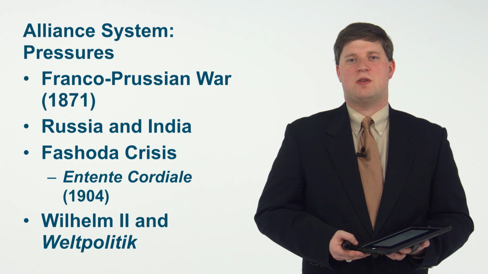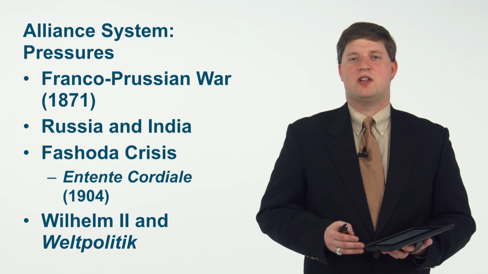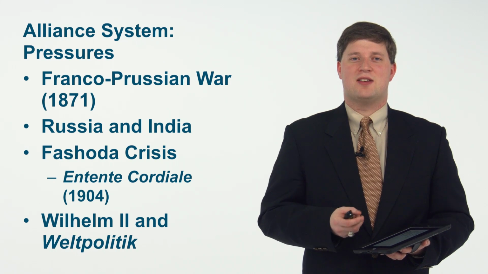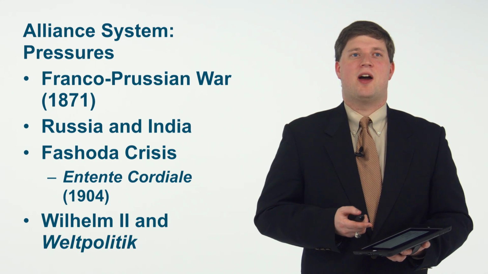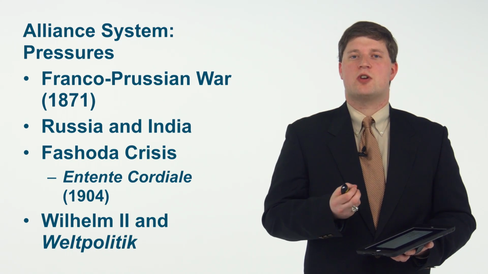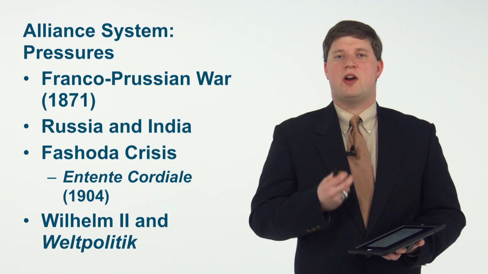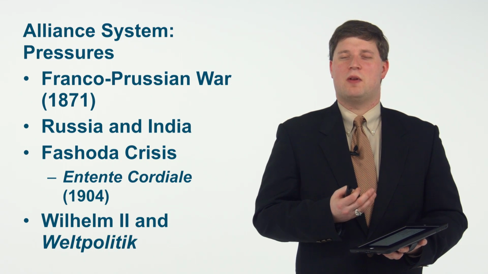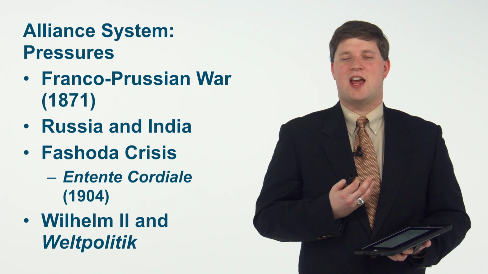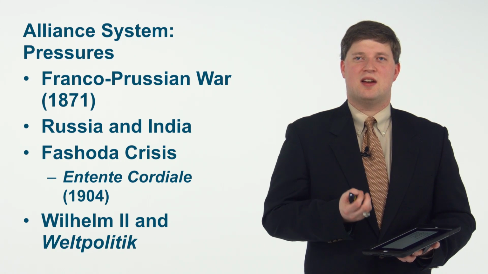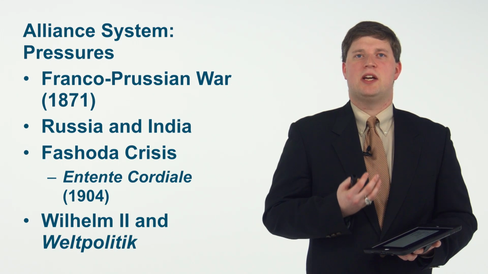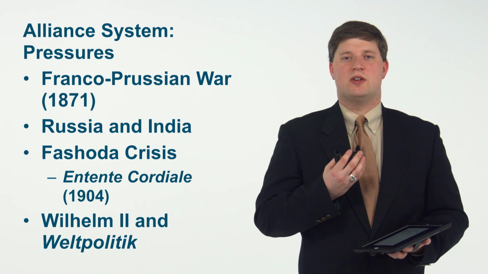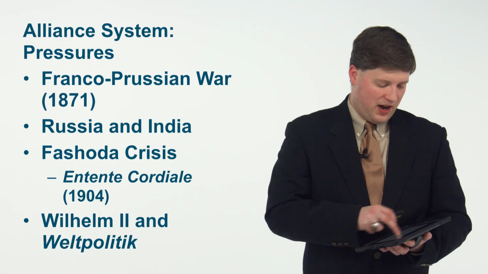Wilhelm II engaged in a series of colonial power grabs, trying to acquire territory where he could. Germany was a latecomer to the imperial conquest, and so they had to sort of look for what was left by other powers. And what this did was create an undercurrent of tension where Wilhelm II, trying to acquire an empire of his own, was leading to tensions with Britain, leading to tensions with France, and generally making people see Germany as a potential troublemaker. And so you can see that there's growing pressures building off of some of the things we've talked about before, the Eastern question, the growth in empires, that's going to lead us towards a more solidified alliance system.